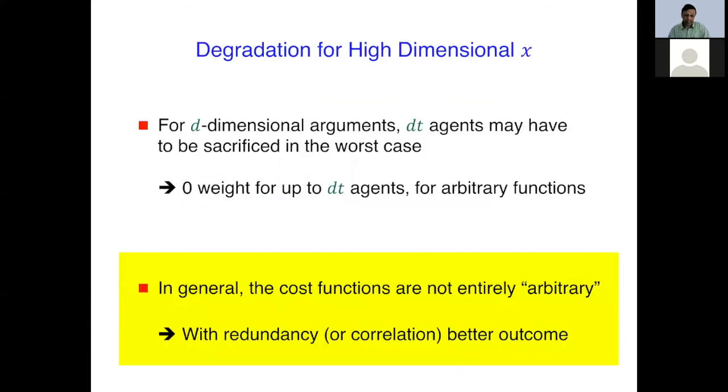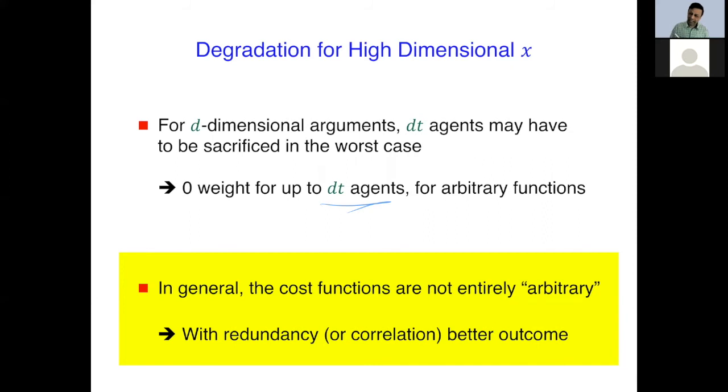Coming back to this idea that we might sacrifice d times t good agents, if d is large, this is obviously not desirable. As I said, in the machine learning setting, the dimension can be very large. However, what saves us in the case of machine learning is that those functions are not usually independent. To put it differently, if many agents are collaborating in the distributed learning problem, then the cost function of each agent i is the loss over the data that agent i has, and the data that agent 1 has and the data that agent 2 has, and so on, may not be independent. In general, it is actually quite correlated. And therefore you can exploit the dependence to circumvent this particular problem